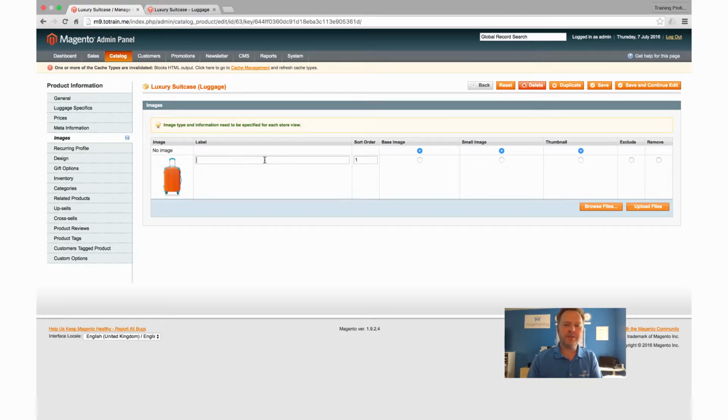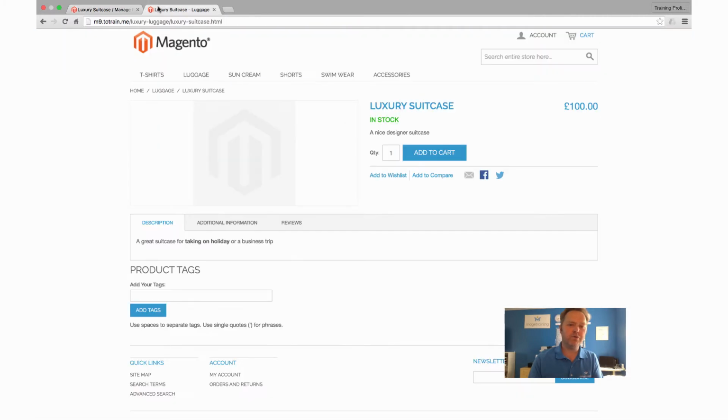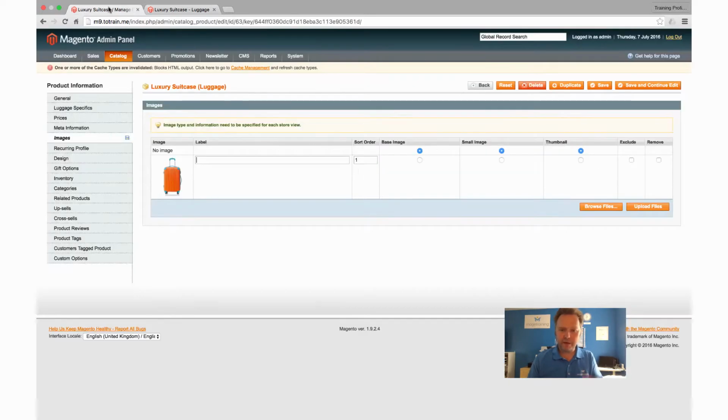And if I leave this label blank, this is the label for the alt text of the image. So when you hover over the image, you get this alternative text that comes up. You can see there it says luxury suitcase. If I don't put anything in that tag, it's just going to pick up the name of the product, which is not a bad thing, but it sometimes can be a good idea to be more descriptive in this label. So I may want to say here that this is a